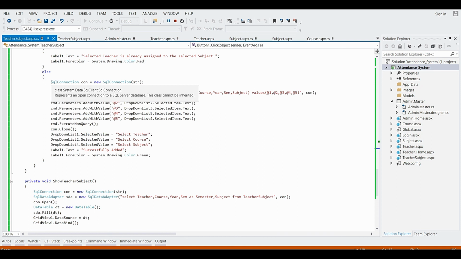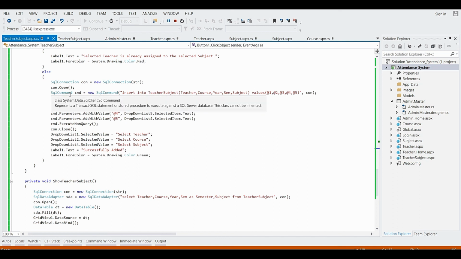First of all, we have to open the connection, and in the SqlCommand class I have given the SQL command: insert into teacher subject. Now we are inserting all the selected values in the teacher subject table.